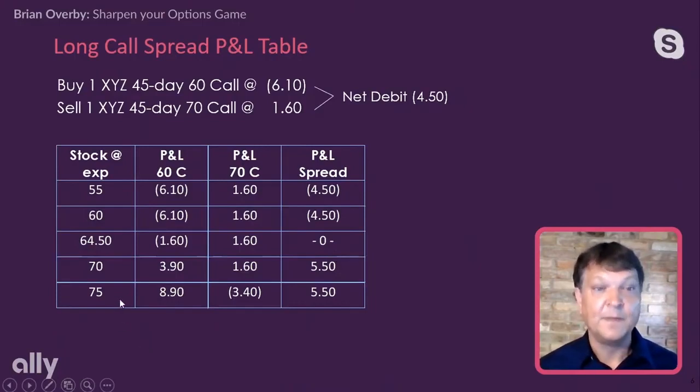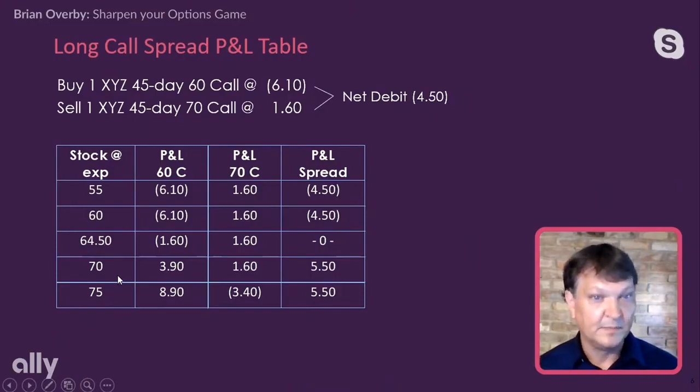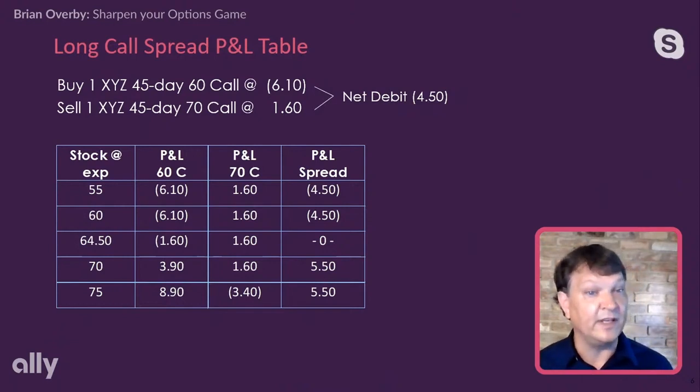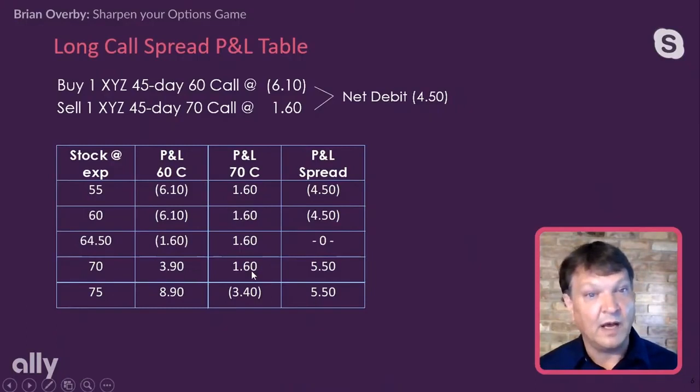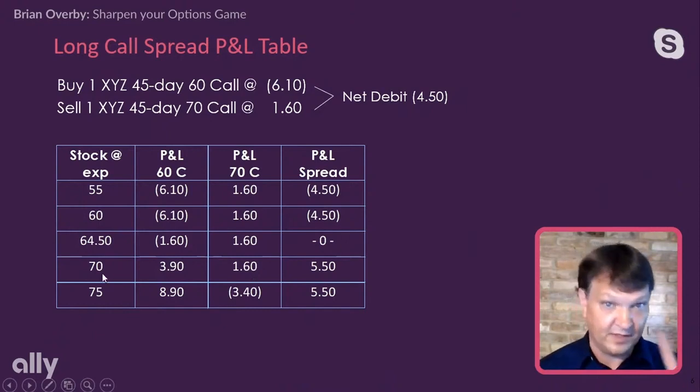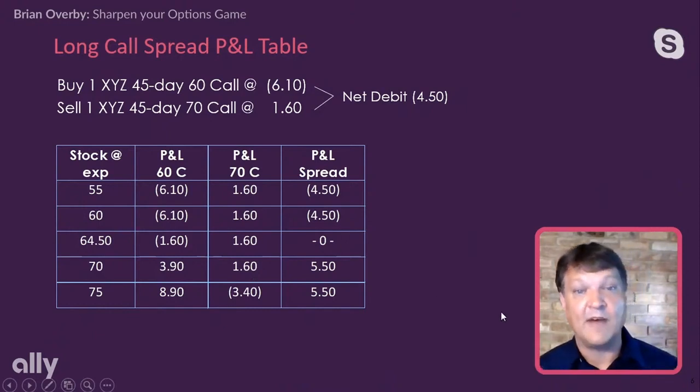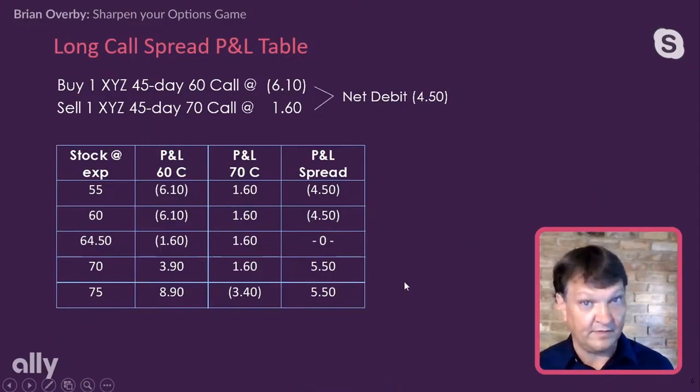All right, now on the upside, from 70 on up, we get capped, right? So at 70 is where our obligation kicks in. Our call option should be worth intrinsic, real value, because we're at expiration. It should be worth at least $3.90. That would be our profit and loss. Well, I'm sure to say our profit on that position would be $3.90. Our loss would be, our gain would also be $1.60, because that option contract would still expire worthless in theory, right, at 70. So $5.50 is our upside, and that's where it's capped. From there on up, that's the way the cookie crumbles. We cannot gain any more than $5.50 on this position on a $4.50 investment overall.